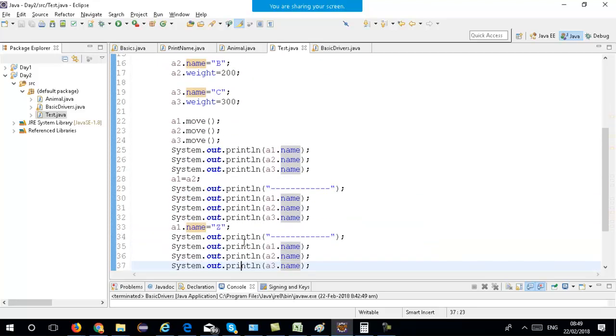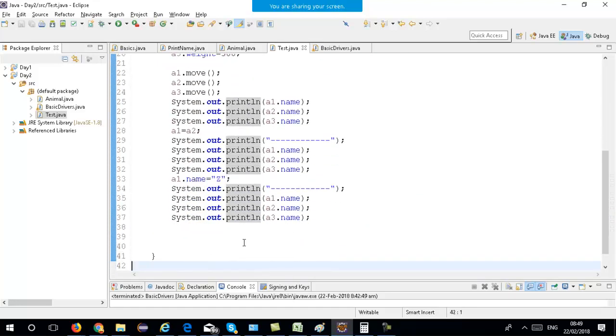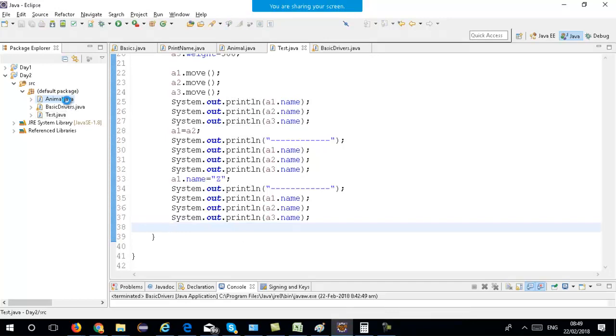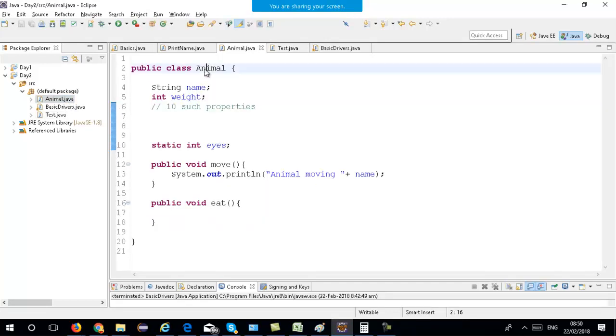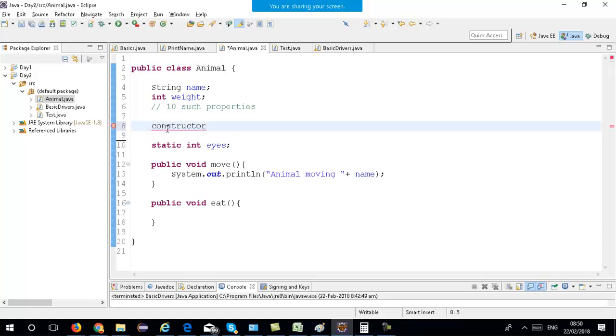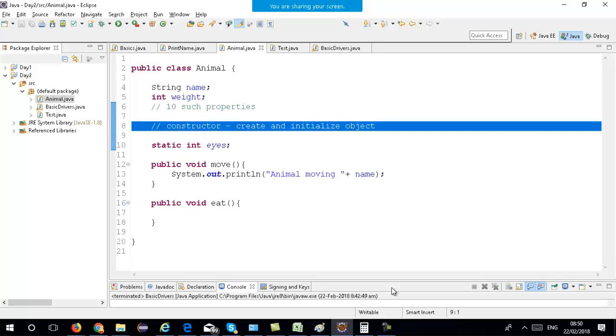So over here the concept of constructors comes into the picture. How do constructors play a role over here? What a constructor does is that it will help you to create and initialize an object at the same time. Okay, I'll talk about constructors